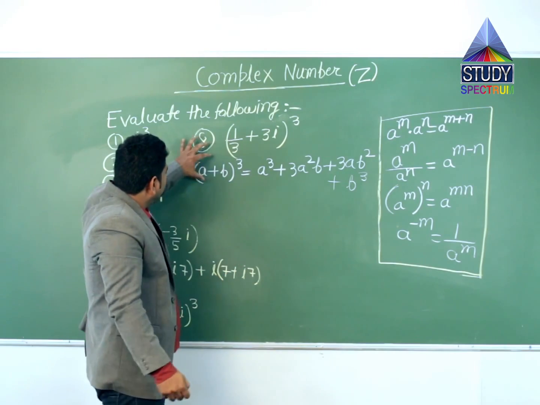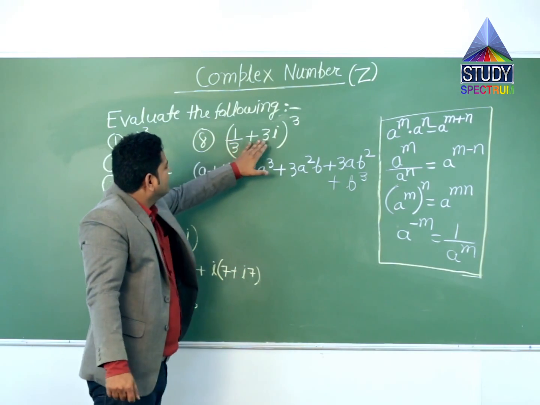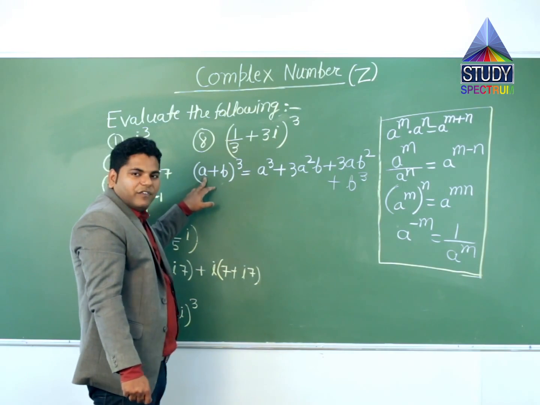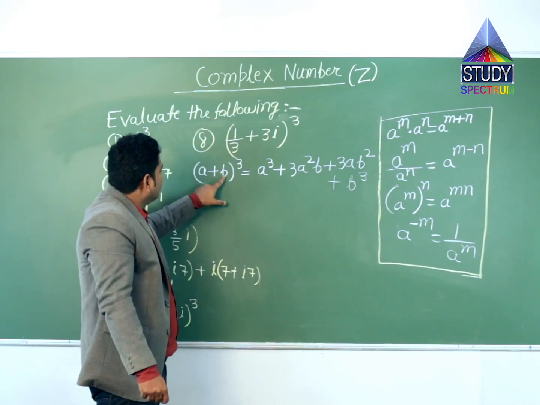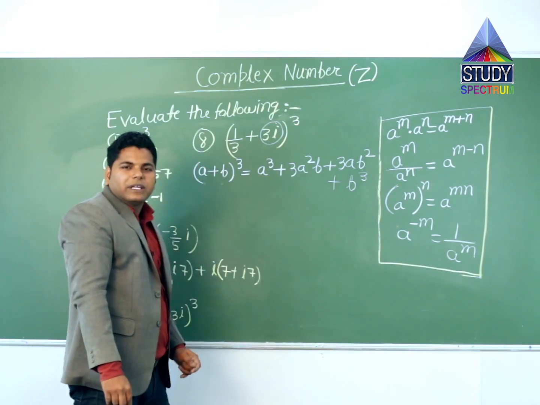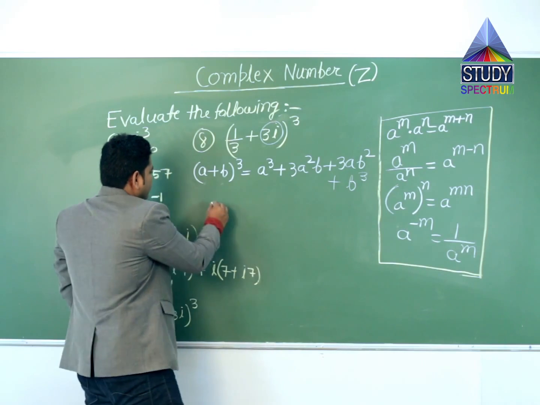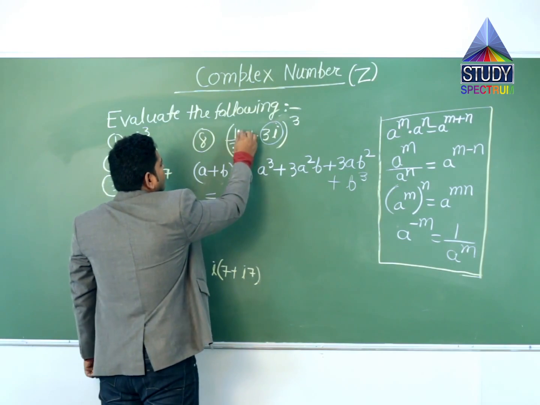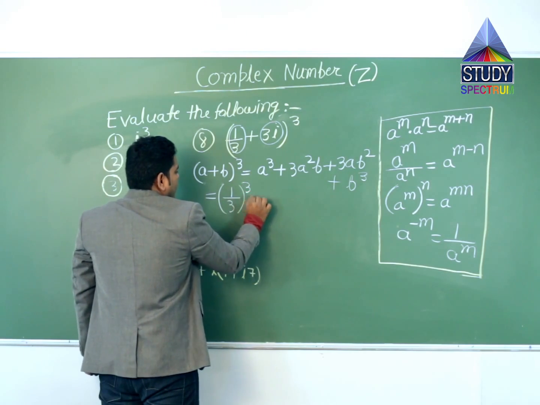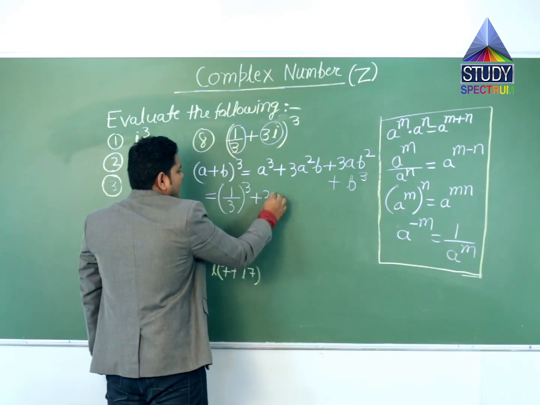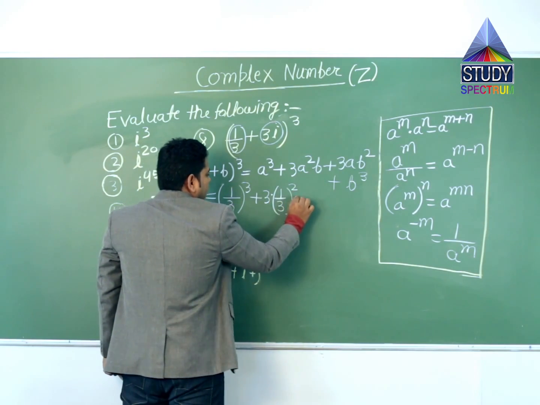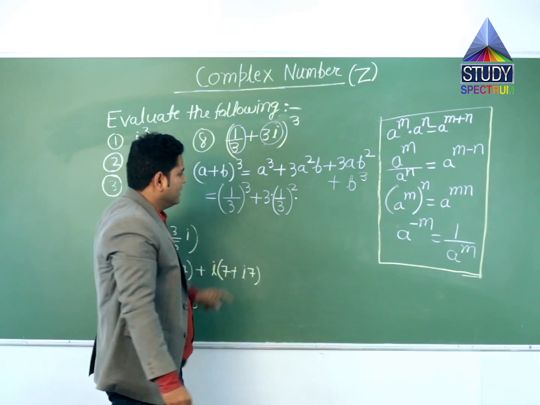When you compare (1/3 + 3i) whole cube with (a + b) whole cube, we will find that at the place of a we have 1/3 and at the place of b we have 3i. Okay, now use this formula. A cube, at the place of a we have 1/3, so (1/3) whole cube, plus 3, (1/3) whole square into b, at the place of b we have 3i,